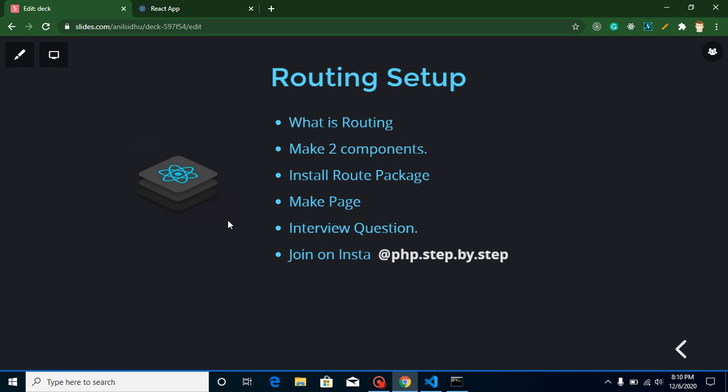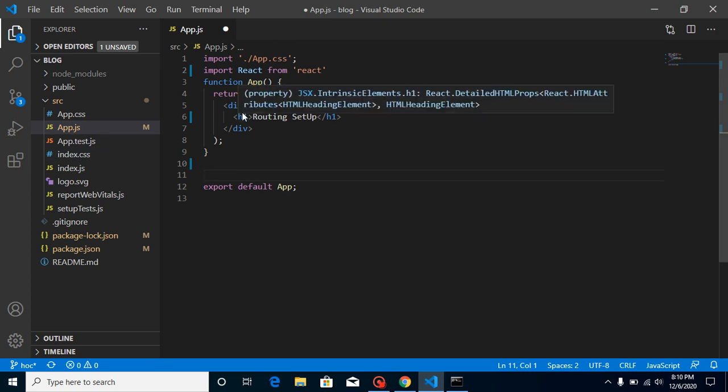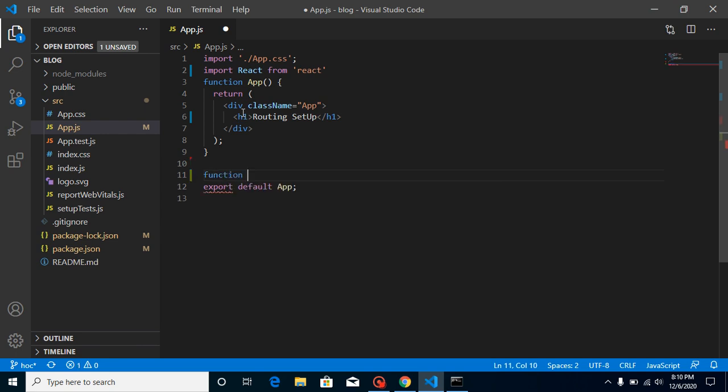So now let's see how we can use it. First of all, let's create two components. I'm not going to create new pages because I just want to show all the code in a single page, so I'll create the components inside the same file.